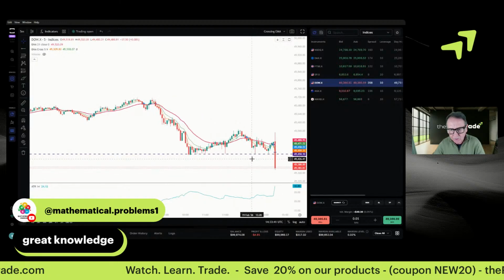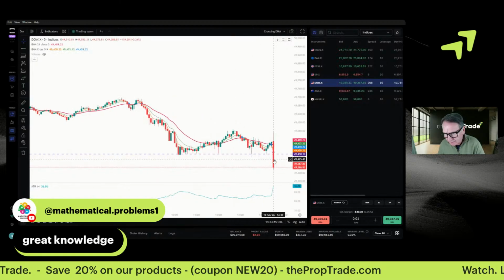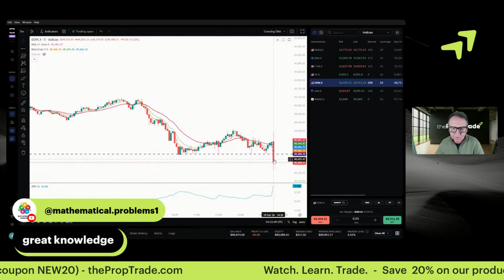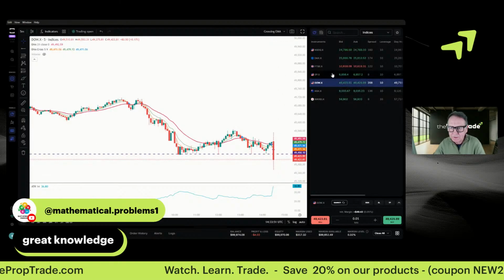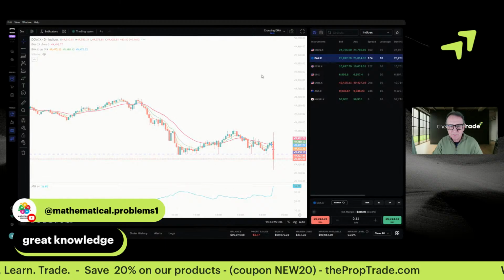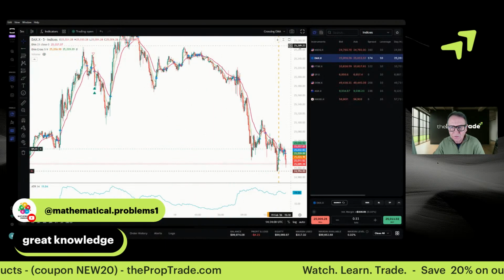So big old volume. Big old volatility candle there as the opening trade for Thursday, the 19th of February goes through. So let's see if that calms down a wee bit. The DAX this morning was very rock and roll. I was going to get up to trade it, but thankfully